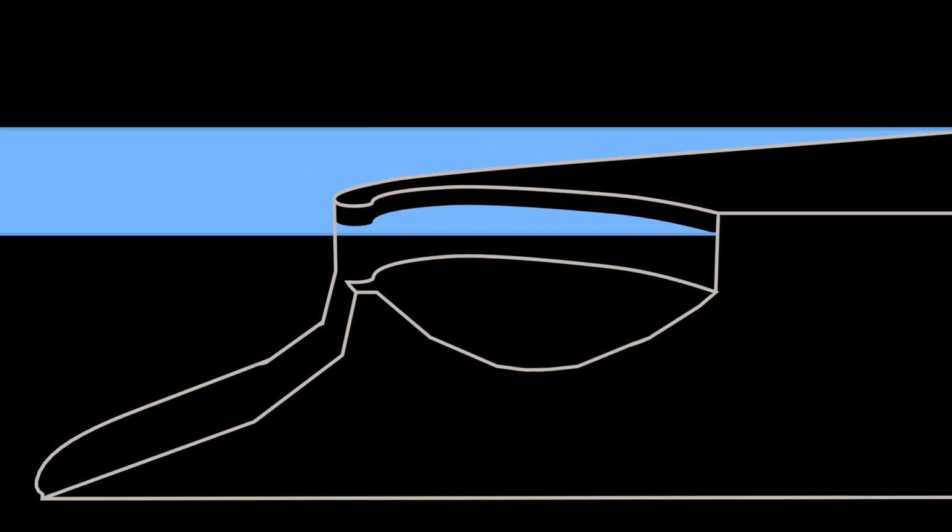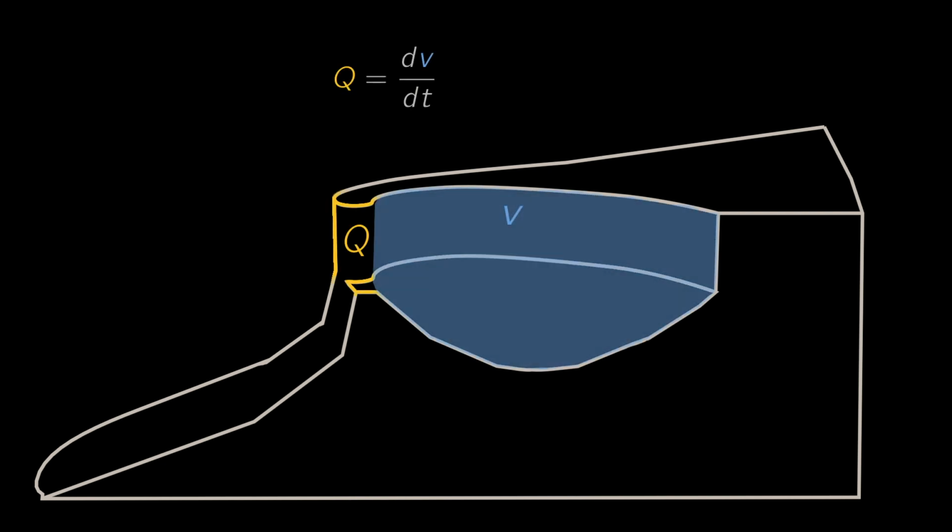The mathematical model describing the flow through the closure gap is a differential equation. You can compile this from two equations, the volume balance and the discharge relation. The volume balance states that the discharge Q through the gap equals the rate of change of the water volume V in the basin. The change in the water volume can in turn be expressed as the change of the water level h in the basin times the area of the basin, A_B.